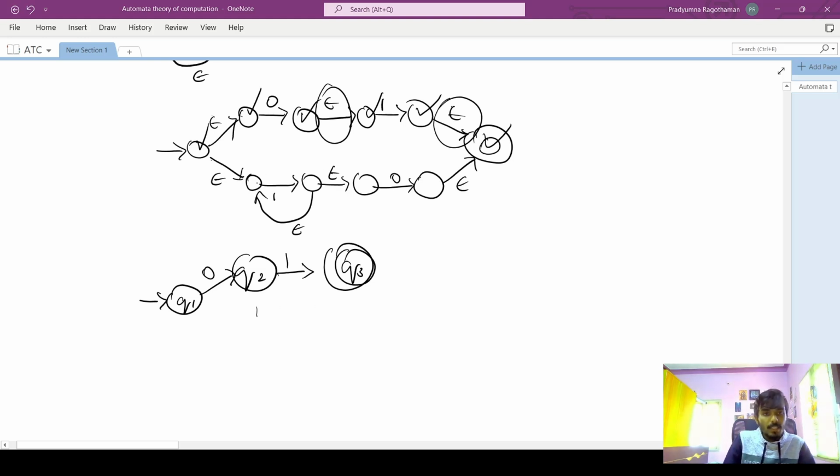And here, can we assume these two states as the same? No, right? Because suppose we consider these two states as the same, then that will lead to a different expression altogether, right? So we'll retain this epsilon transition over here, so we'll have Q4 here, and again we have 1 over here,